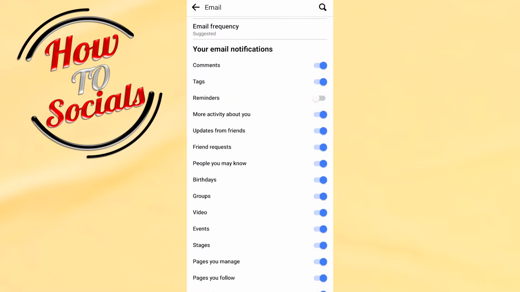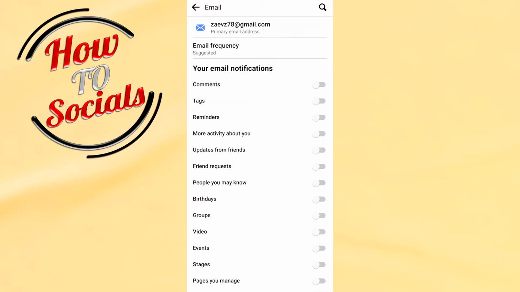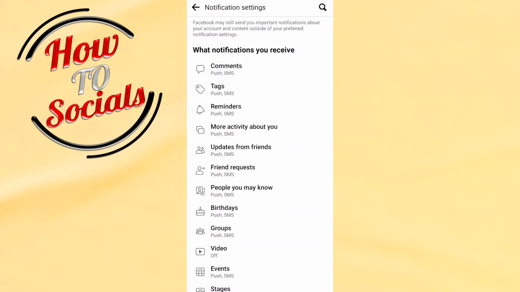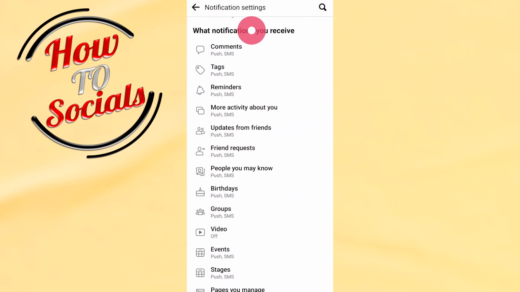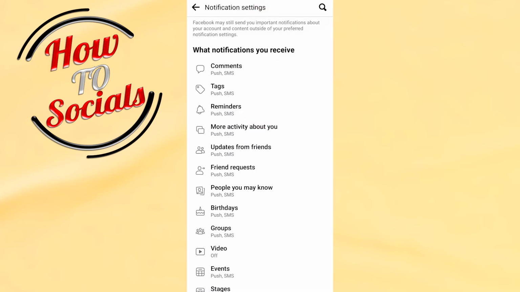Reminders. Now you need to turn off all of these sections which are related to this main part of the video. Now you need to get back and refresh to follow up on the new update, which is going to stop Facebook notifications in